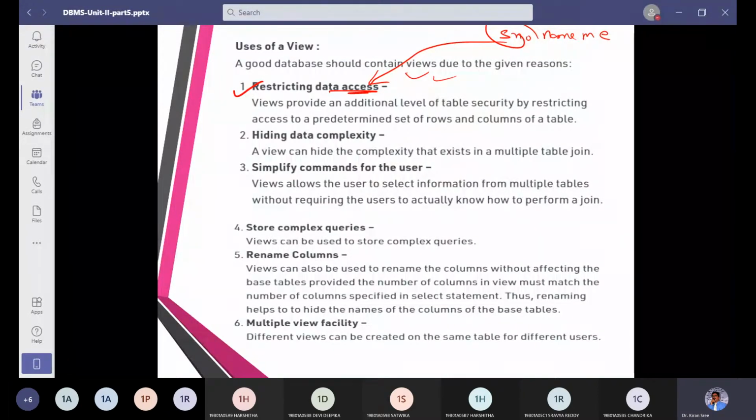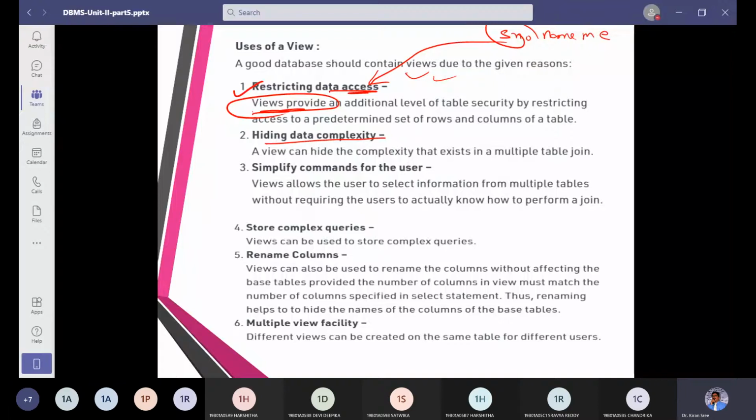Let us take an example, your ECAP example. In ECAP, your 10th class marks will be there, your intermediate marks will be there, etc. You can modify only your email ID or only your mobile number. You can't update your name, your register number, or your credentials. You can update only your mobile number and email in the ECAP. So we have restricted you to use only certain things. That is where a view provides that option.